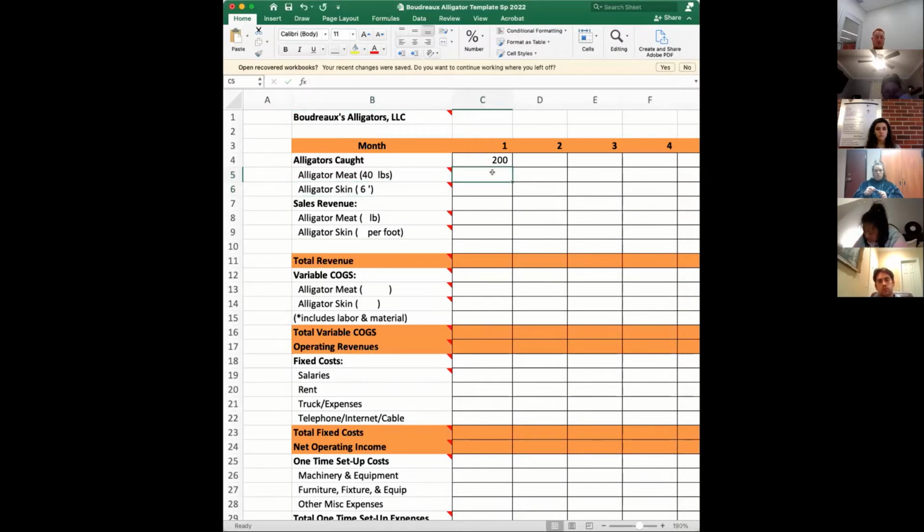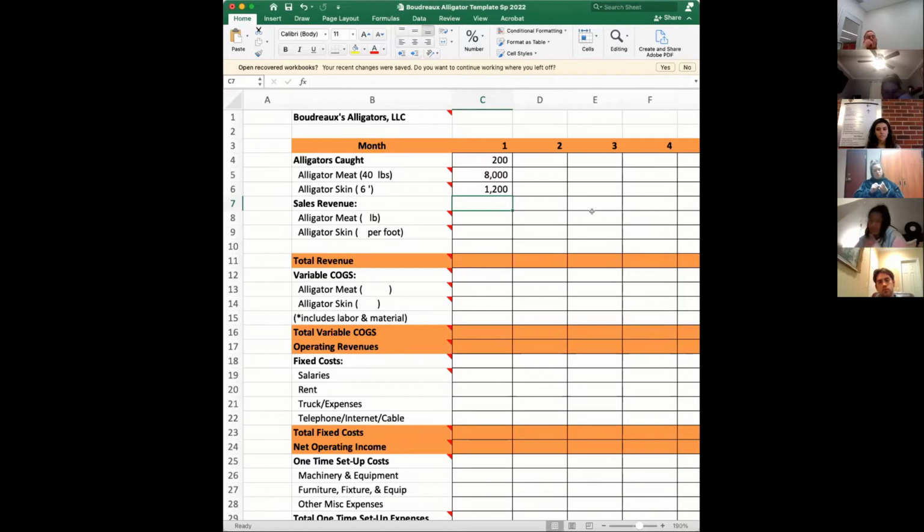So if we take our 200 alligators times 40 pounds, we're going to get 8,000 pounds of meat. If we have 200 alligators times 6 feet of skins, we'll get